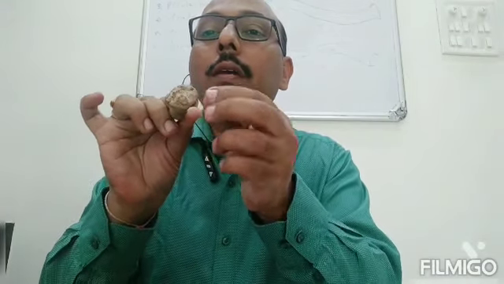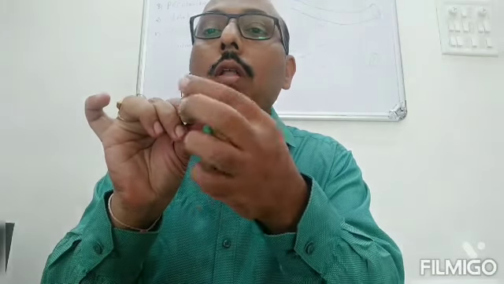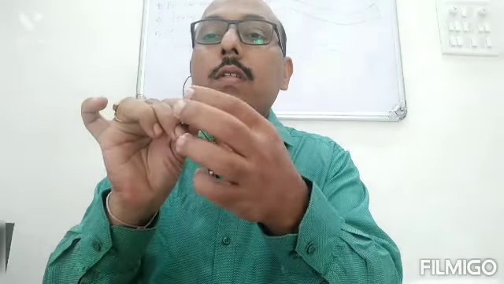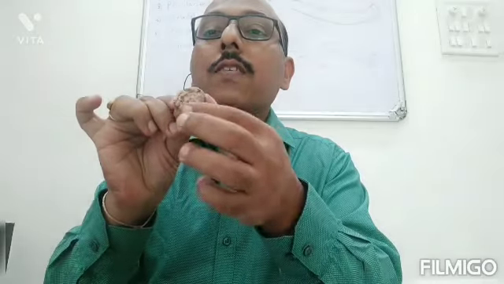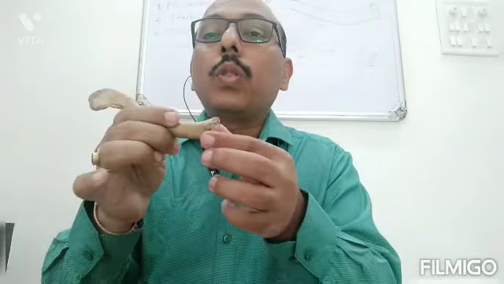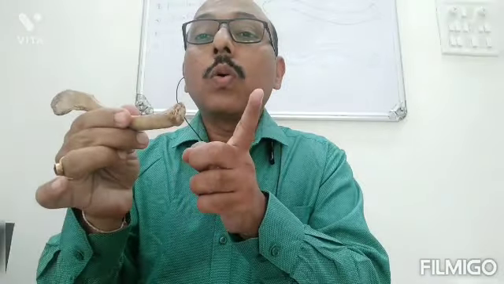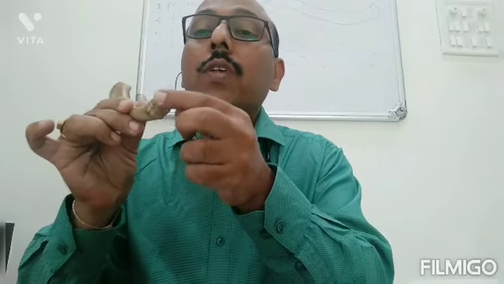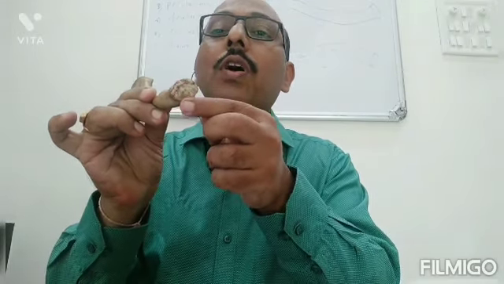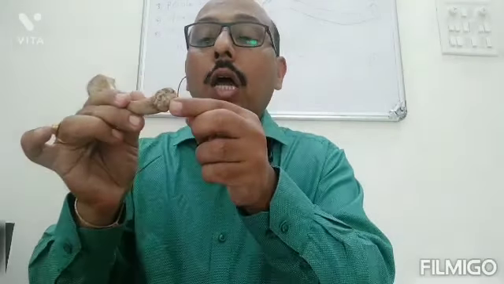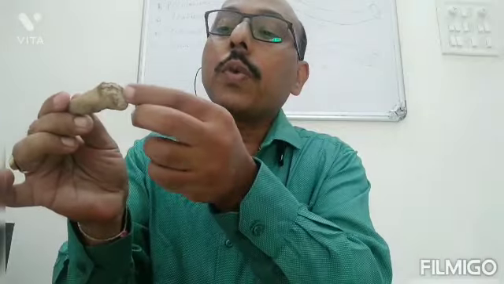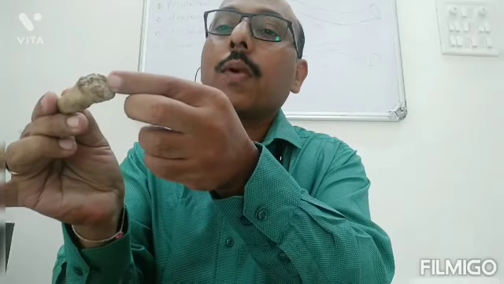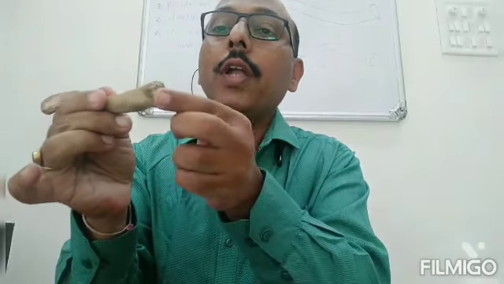The medial end, see, it is quadrangular. The margin of this medial end, this is the articular surface. The margin of articular surface provides attachment to the capsule of sternoclavicular joint. Medially there is a sternoclavicular joint, so this margin of this medial end gives attachment to the capsule of sternoclavicular joint. Again, posterior superior there is an articular disc. Posterior superiorly means this part, and superiorly there is an attachment for interclavicular ligament.